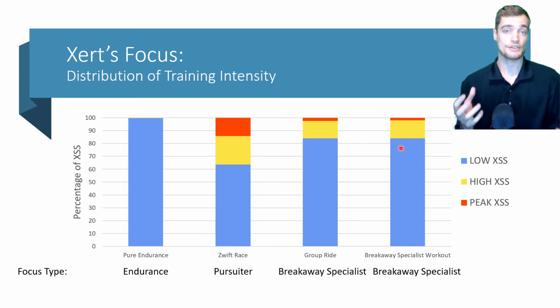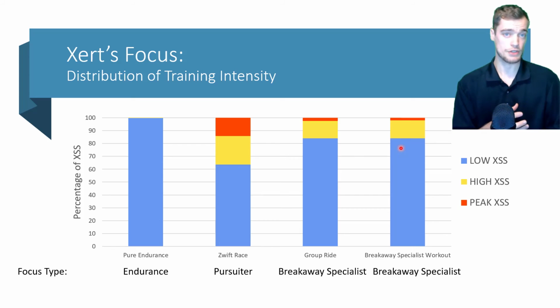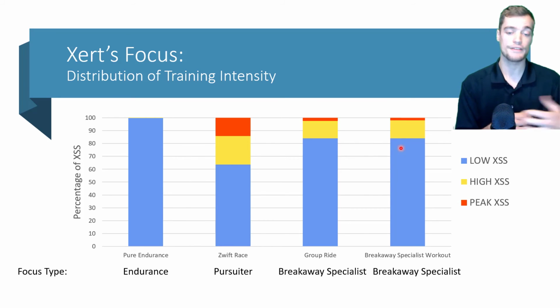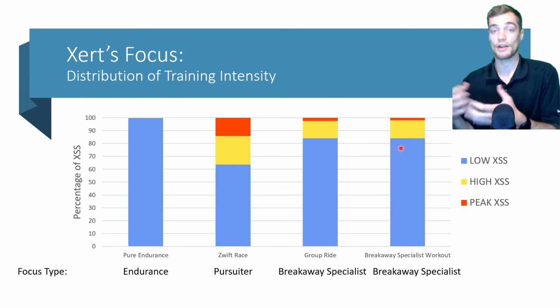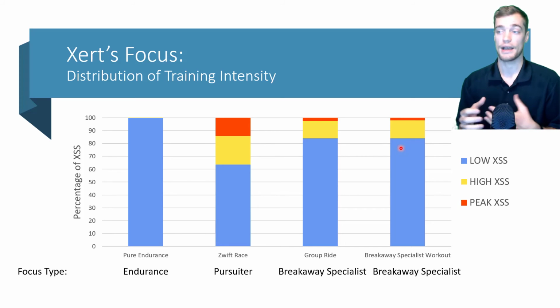And what you might start to find as you use Xert more and more is that many of your unstructured rides, whether they're group rides, whether they're Zwift races, are just as good training for you as heading off by yourself to go and grind some intervals. So that's just something that I want to point out, and it does show some of the usefulness behind the